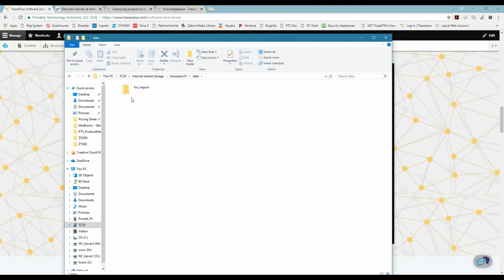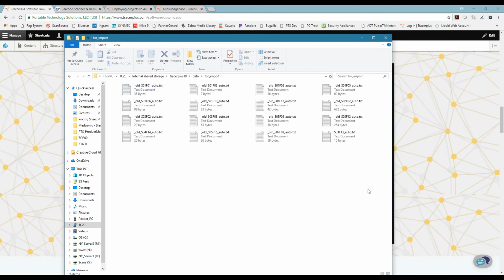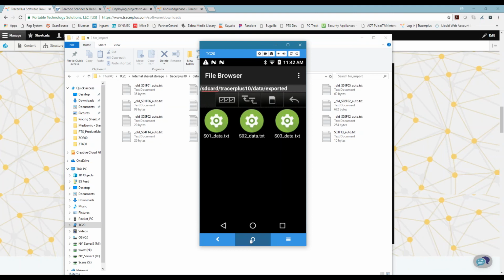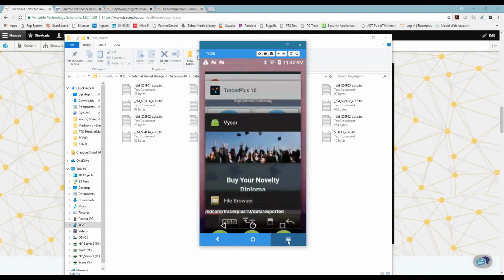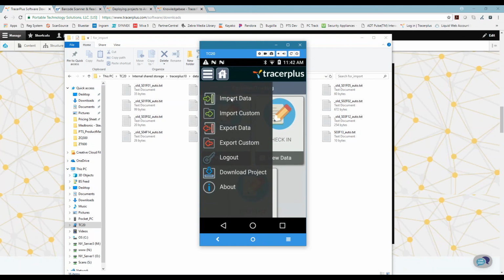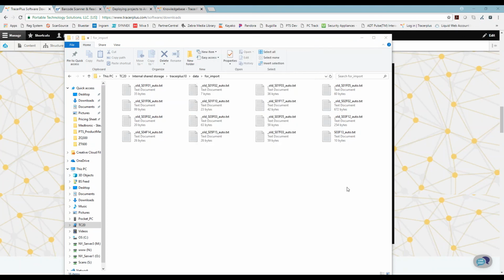To actually load data to the device, you would copy it to the for import folder. You'll see some older files I have already imported. So you would copy these to the for import folder, and then you would go to your device and select, let me go back to TracerPlus, select the menu and then import data, and then it would grab any files that it found that would match